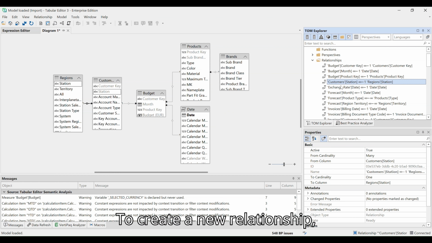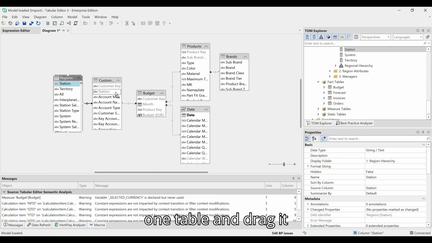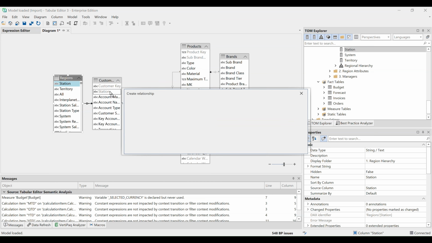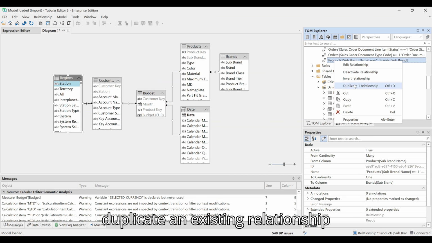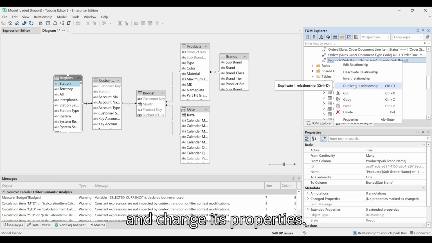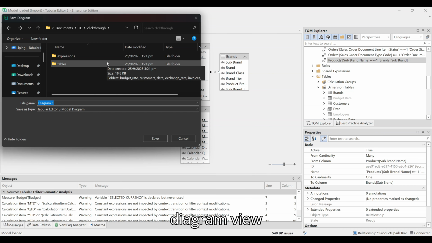To create a new relationship, you can hold down the column in one table and drag it to another. Alternatively, you can also duplicate an existing relationship and change its properties. Hold down Ctrl S. You can save the diagram view